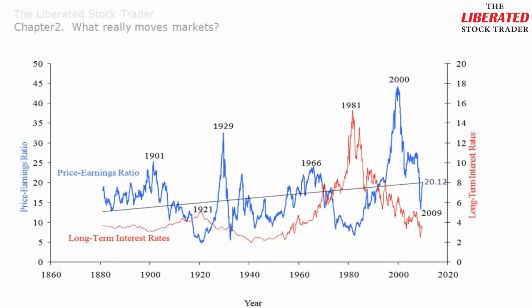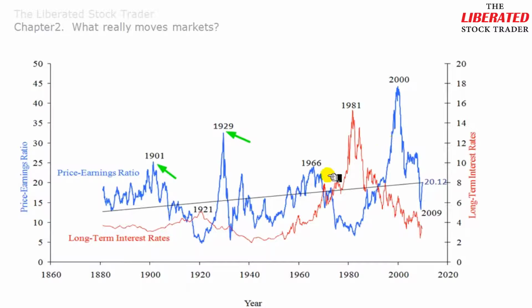This chart is a comparison of the US long-term interest rates to the price-earnings ratio of the S&P Composite Index. What is interesting here is the correlation of long-term interest rates being at extreme lows and stocks being extremely overpriced. The PE ratio line shows that in relation to earnings, the stock prices were too high in